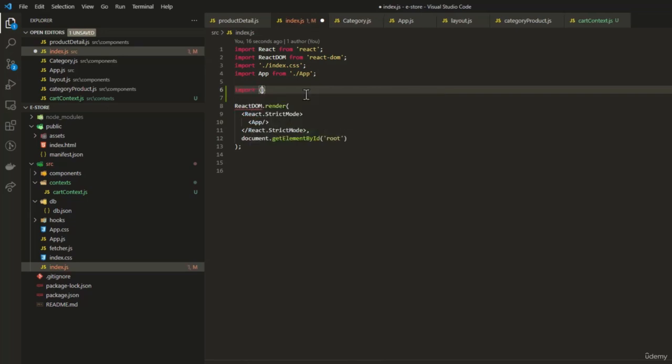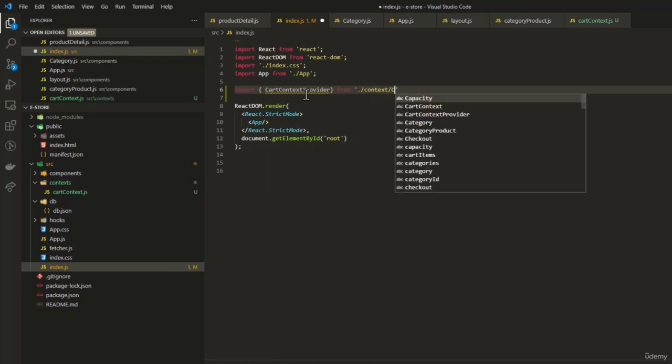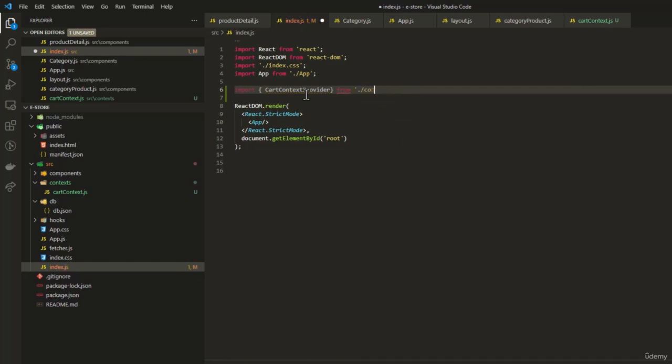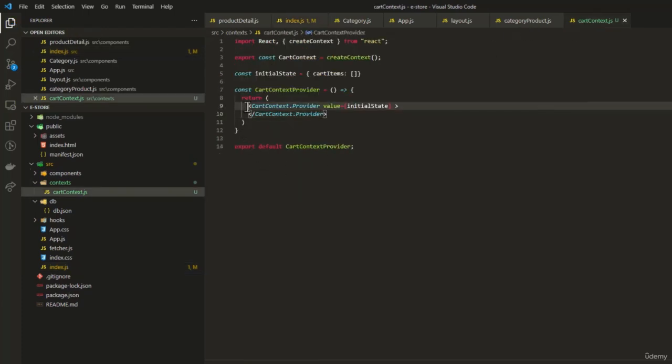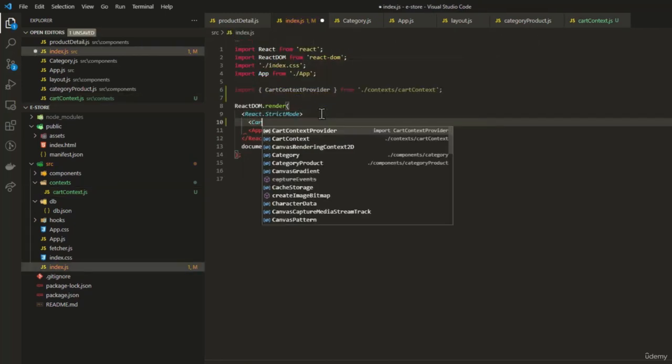Okay, so import CartContextProvider from contexts/cart-context. That should be contexts, that's why it's not finding IntelliSense. Let's do that again. So it's contexts and then cart, there we go. And now we can simply wrap our app with this CartContextProvider. And don't forget, the CartContextProvider already gives us some actual little JSX markup here. Right, so let's do CartContextProvider,